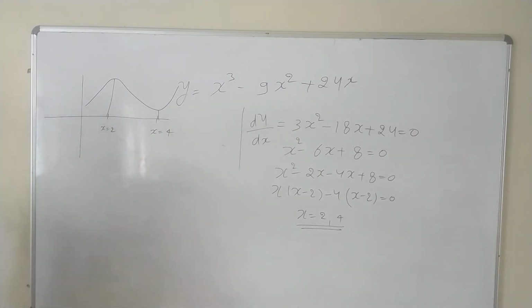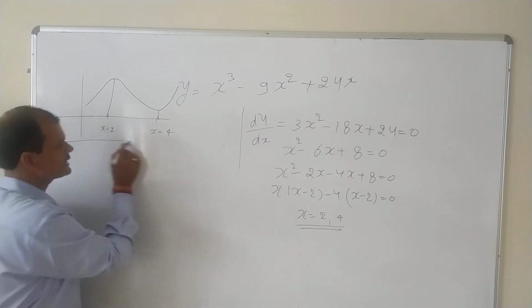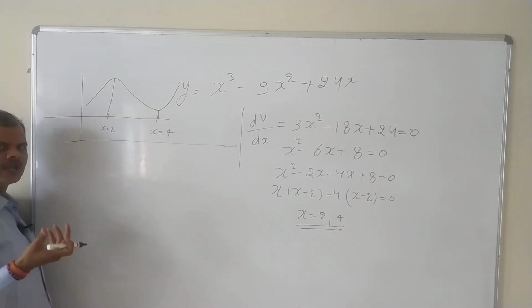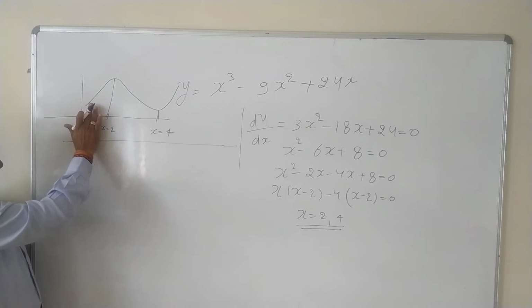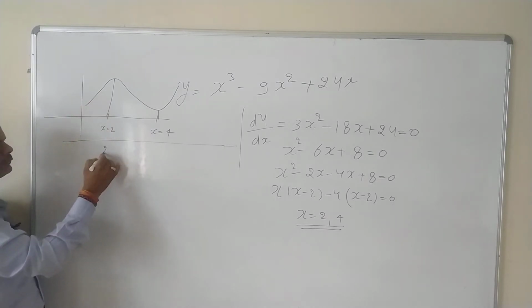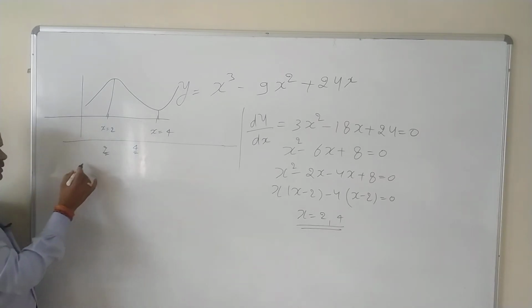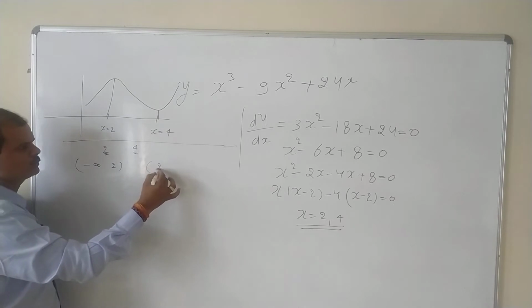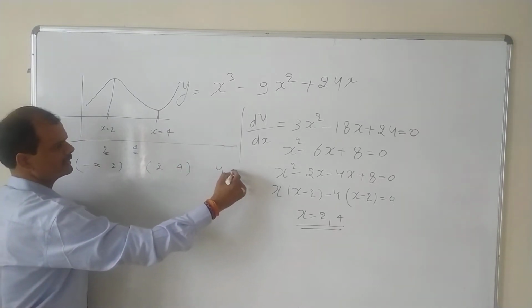Now what is the point of inflection? So point of inflection, no, first increasing, decreasing. Okay, let us see how to find in which subinterval the function is increasing and in which subinterval the function is decreasing. So by the graph we can see. We have 2 critical points, 2 and 4, so there are 3 subintervals. One will be minus infinity to 2, then 2 to 4, and 4 to infinity.